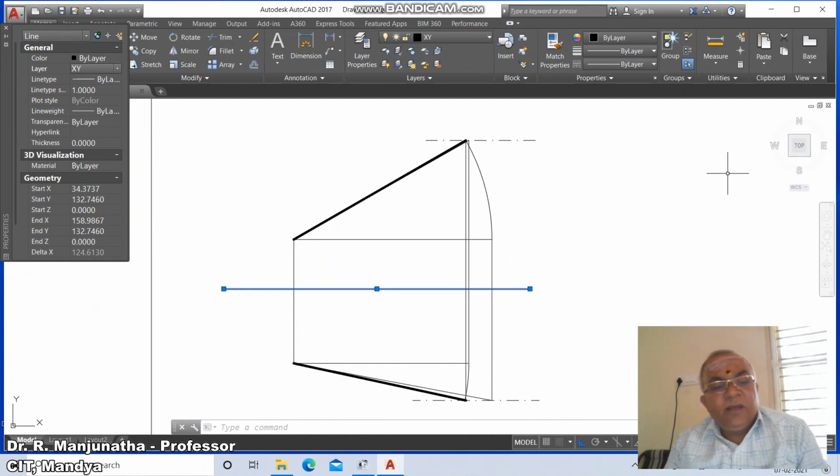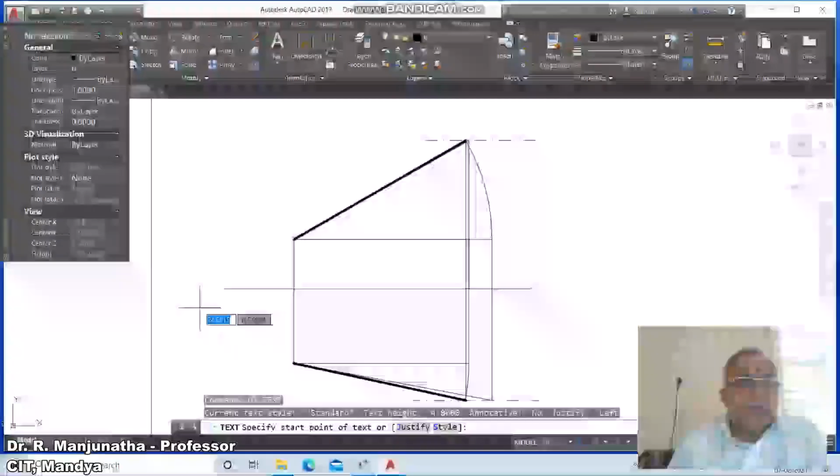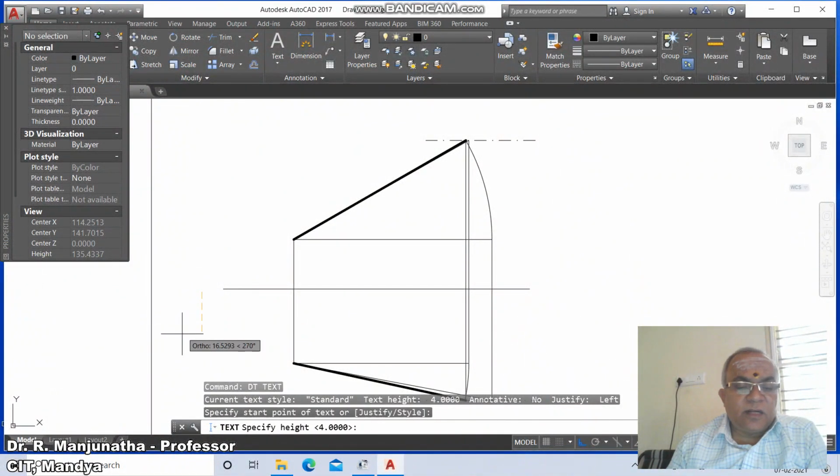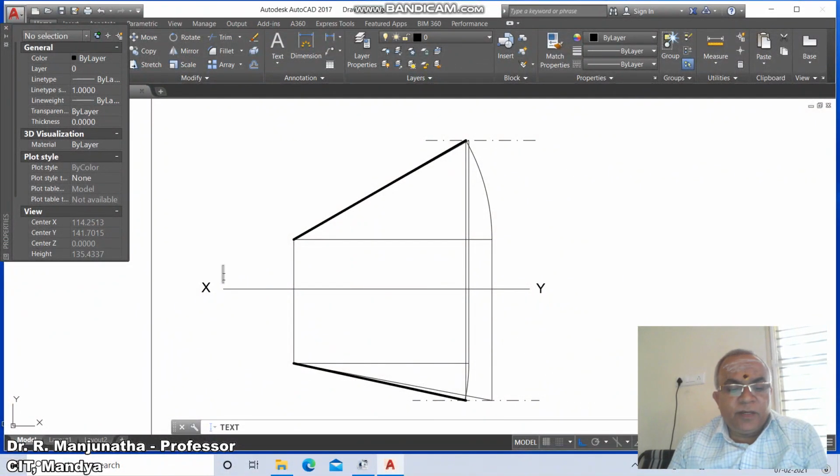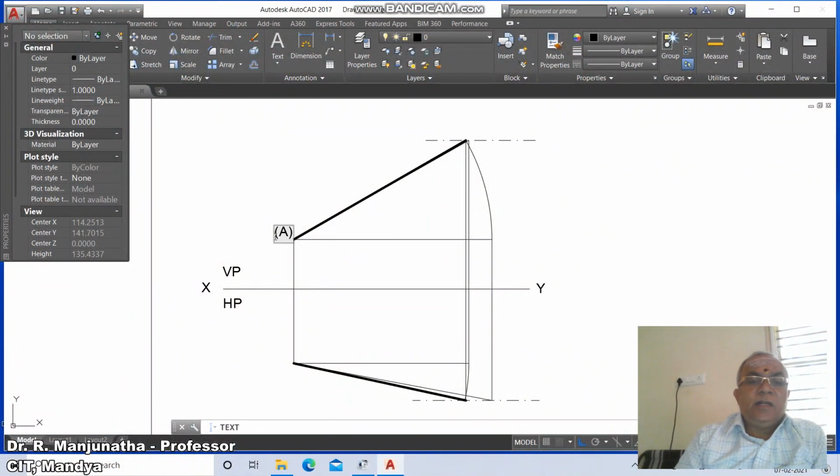So we have changed everything, and now we will go for the text. So click, specify start point, you just select start point and then press enter, and the rotation angle as 0. You mark this as X, you mark this as Y, you mark this as VP, you mark this as HP, and this is capital A, and this as capital A here, and this as capital B, and this as locus of B, and this as capital B, and this as locus of B,